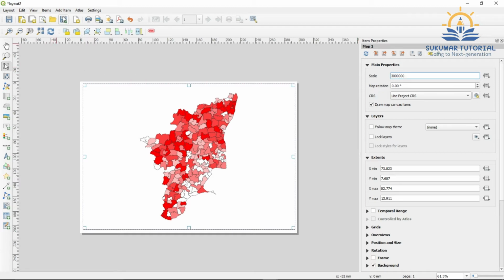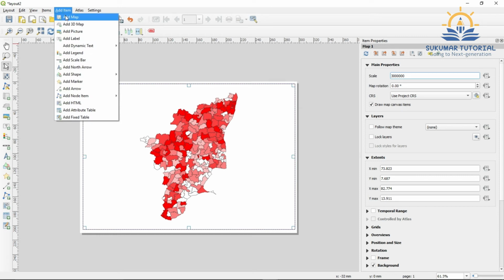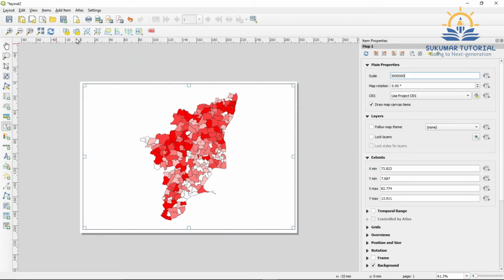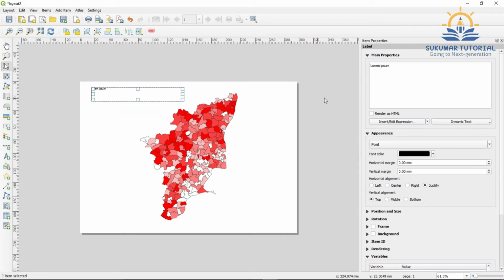Then you go to Item, again you go to Add Item, then Add Label. Just click it and make a box, drag it. You get the space for typing the title. On the right side you have to remove the existing text, and then you have to type the title.